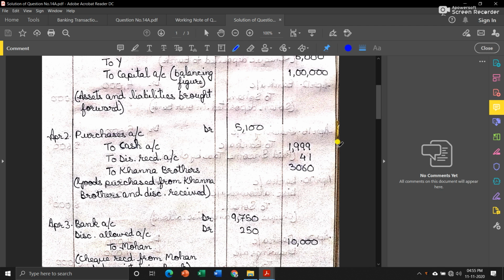Now cash account, we actually paid cash 1999, discount received was 41, and the remaining 60% was 3060. Okay, now